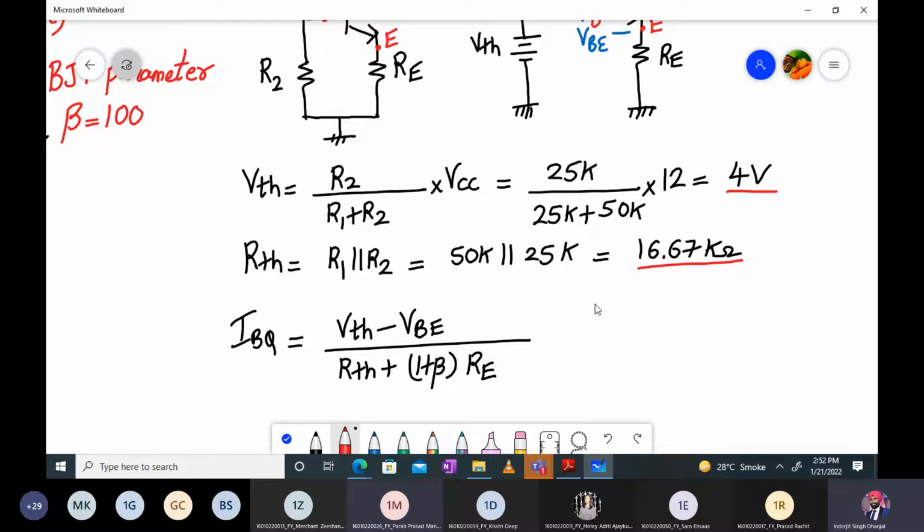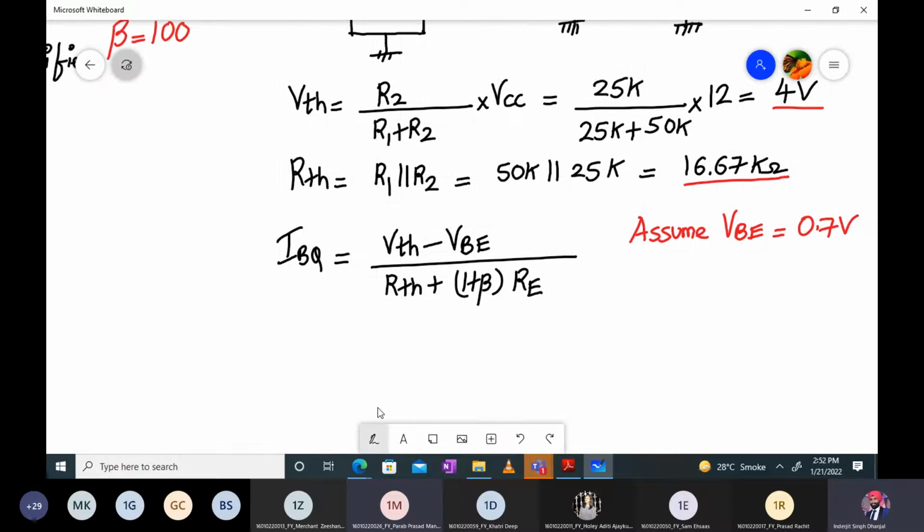Now they have not given the value of VBE, so you have to assume VBE to be equal to 0.7 volt. You have to write that. Whatever is not given, you have to assume that value. So your value of IBQ will be